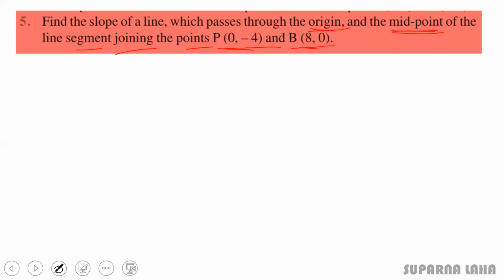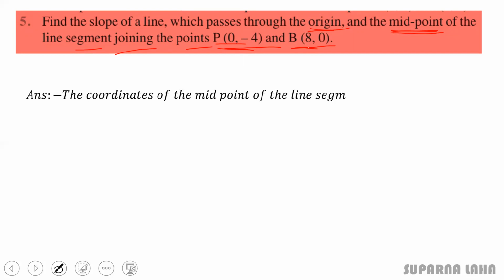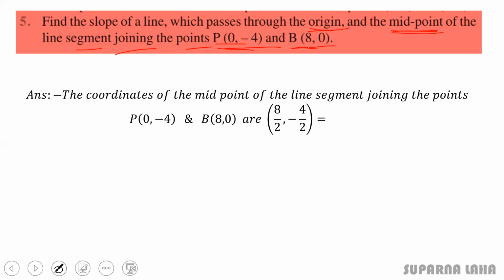Firstly find the midpoint of these two points. You know the section formula, so apply it. Don't look at the solution, just apply the section formula and then check if you're right or wrong. The coordinates of the midpoint of the line segment joining P and B are given by, I'm not repeating the formula,